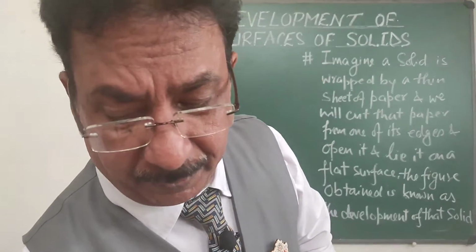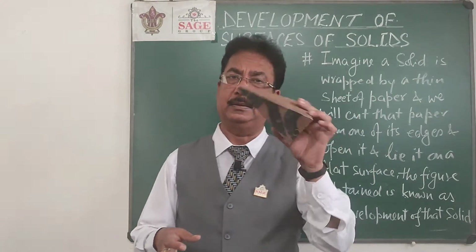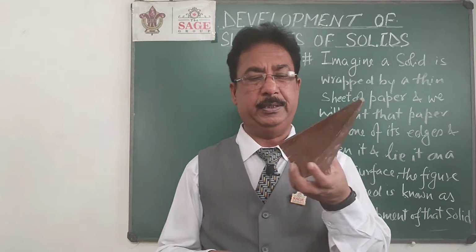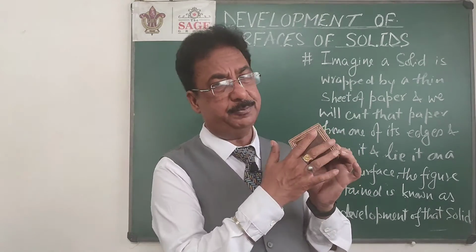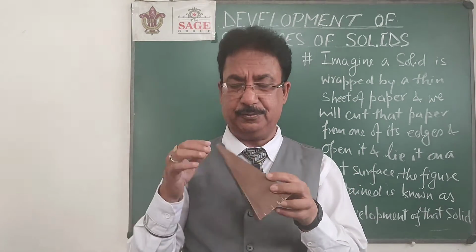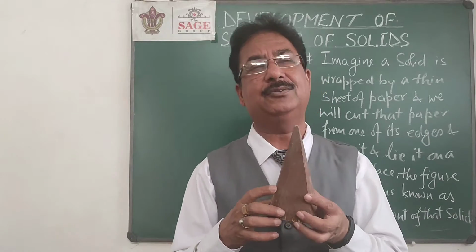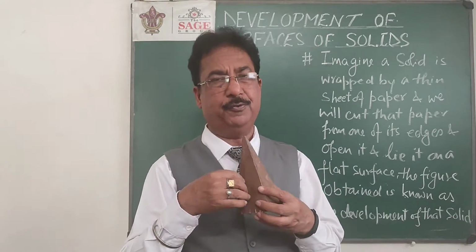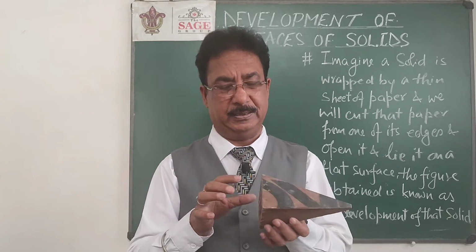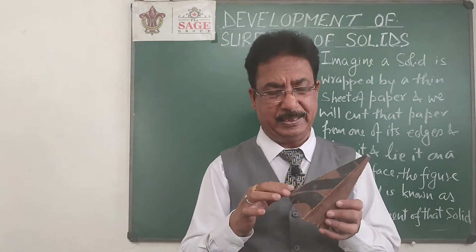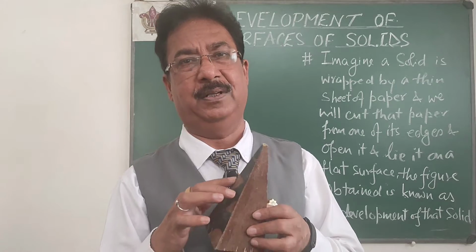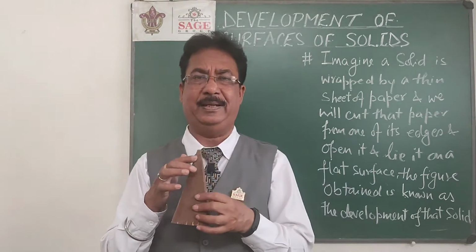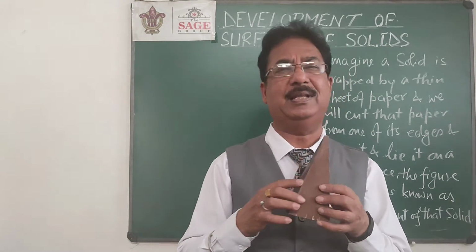In the same way, suppose I have a square pyramid. In the development of this pyramid, its base will again be a square. It has 4 isosceles triangles. To open this, the 4 triangles are opened, and the size of the triangles is given by the base side, the slant height, and a slant edge. The height will be equal to the slant edge.